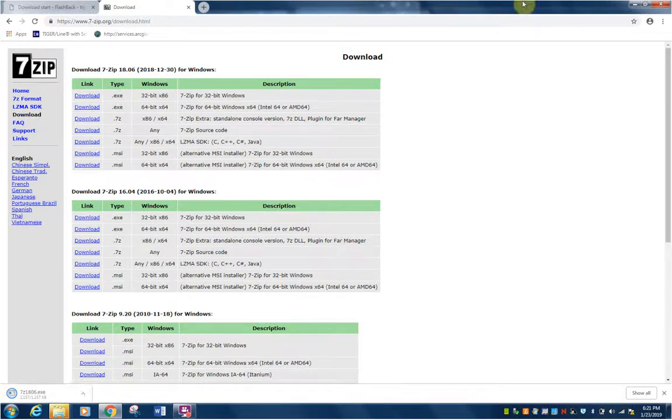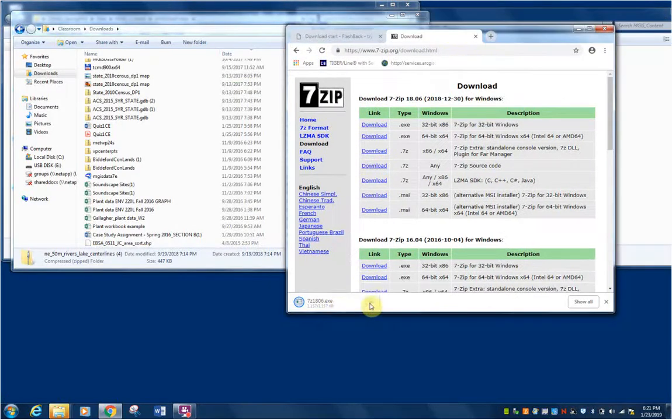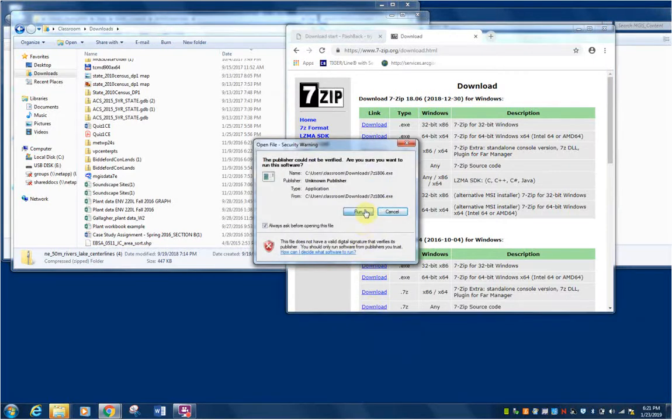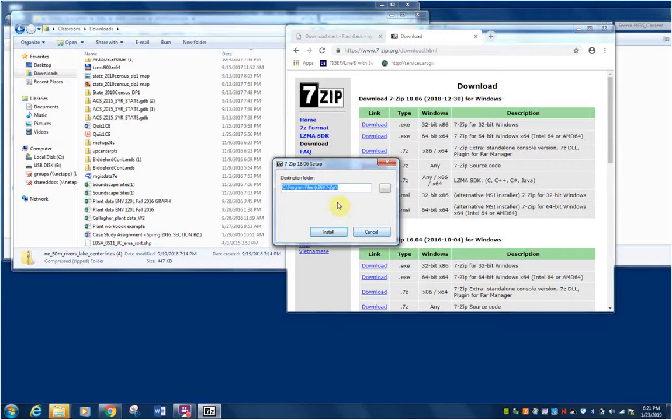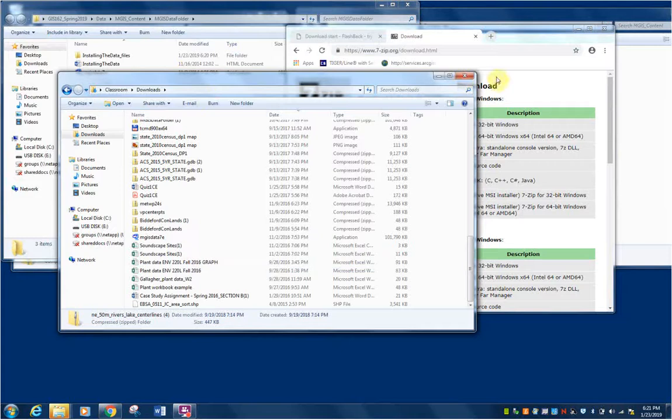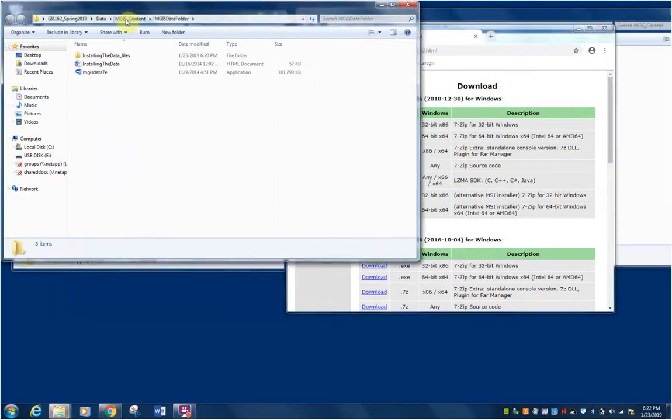So I'm just going to click on the executable program here. If you click on this little arrow in Chrome, oh, it was just about to run. So I hit OK, and then I just install that program. It was like 2 steps to install that 7-zip, and then close. And now if I go back,